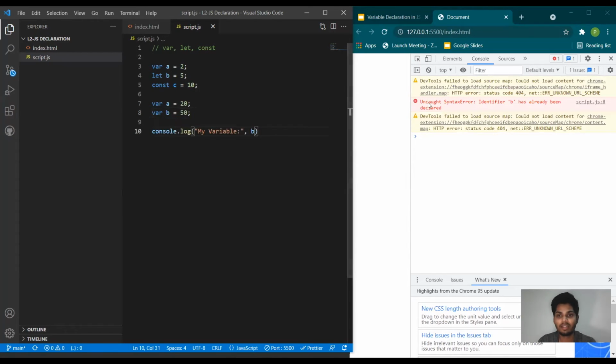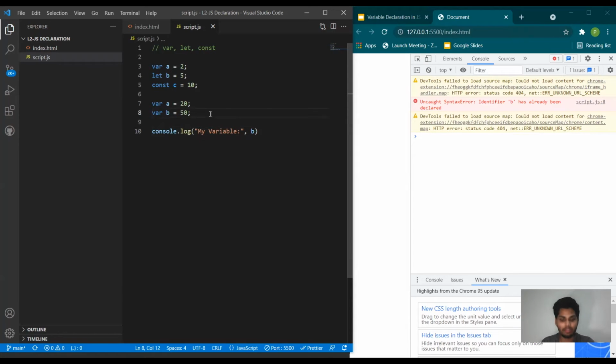You can see here that it is showing me an error. So this means that if a variable is declared with var, it can be redeclared and redefined. If a variable is declared with let, let's say b in our case, it can be redefined but cannot be redeclared. Now let's come to const.